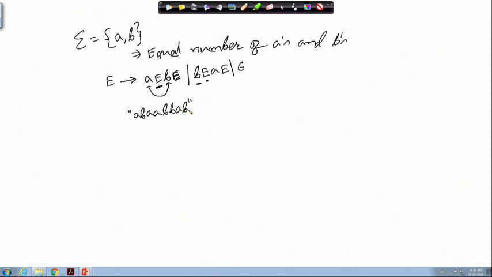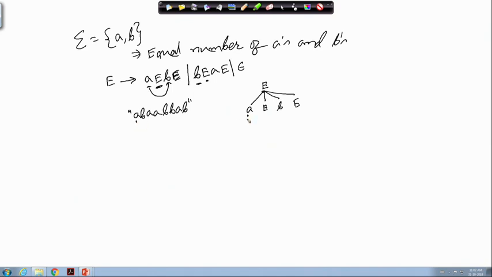It is expected that this string should be accepted because there are 4 A's and 4 B's. So, the way the parse tree can be constructed is, since it starts with A, we have to have this leftmost symbol as A. So, we have to follow this rule A E B E. So, we have these matching A's and B's.